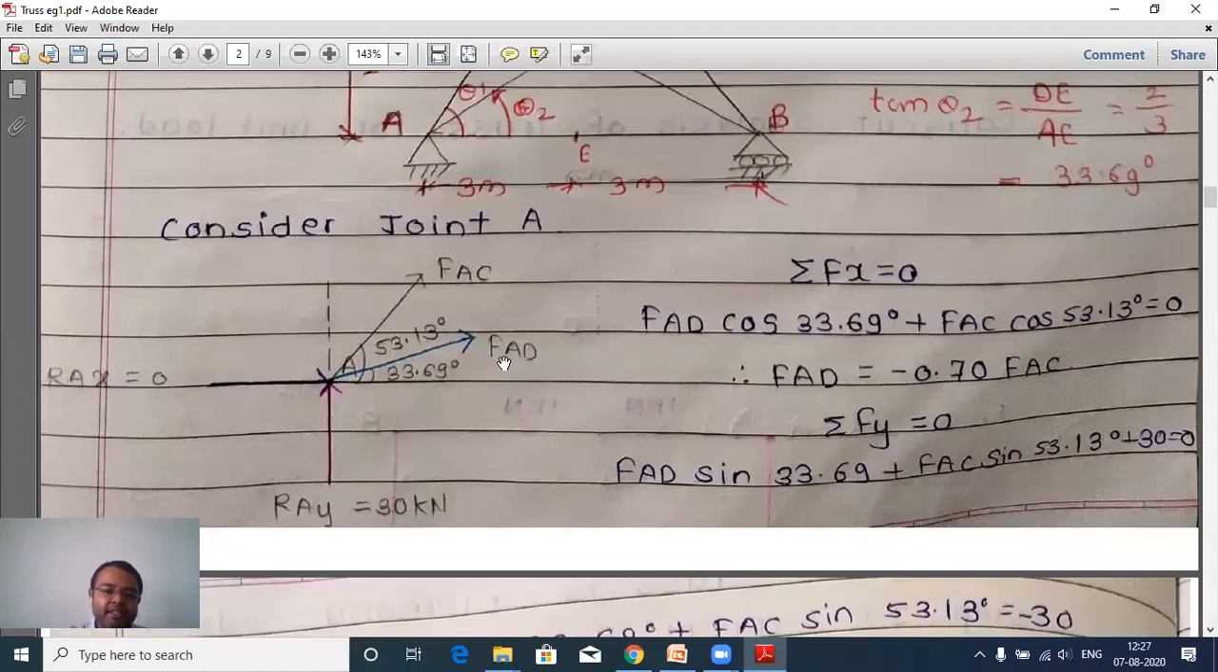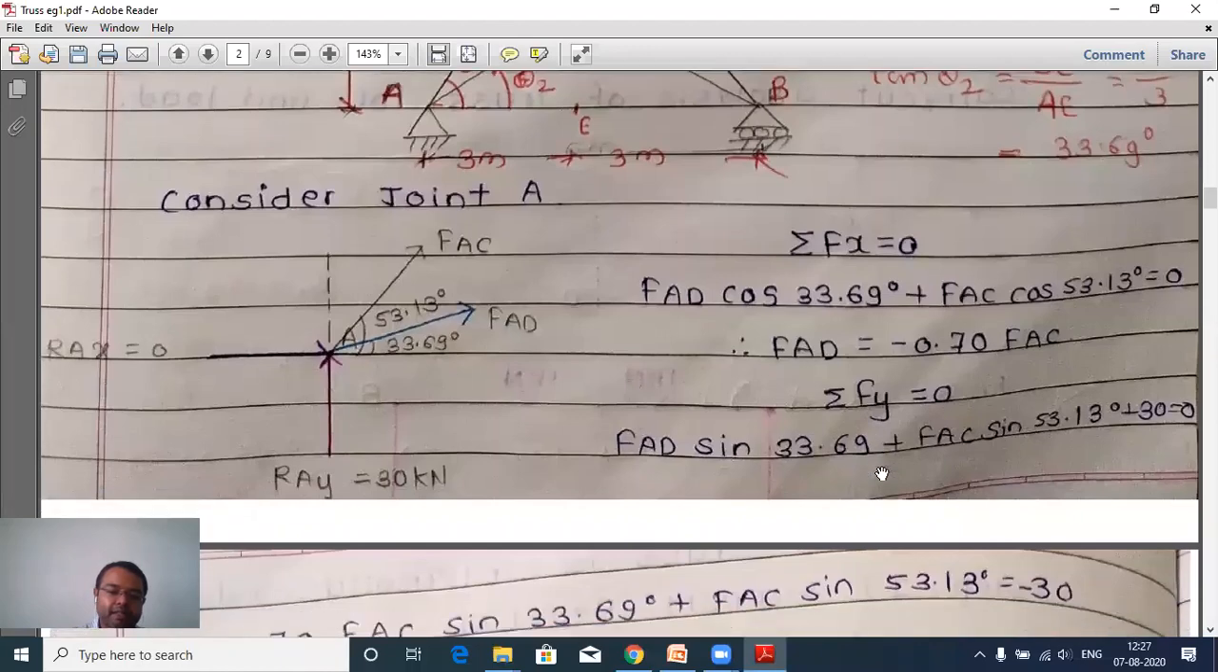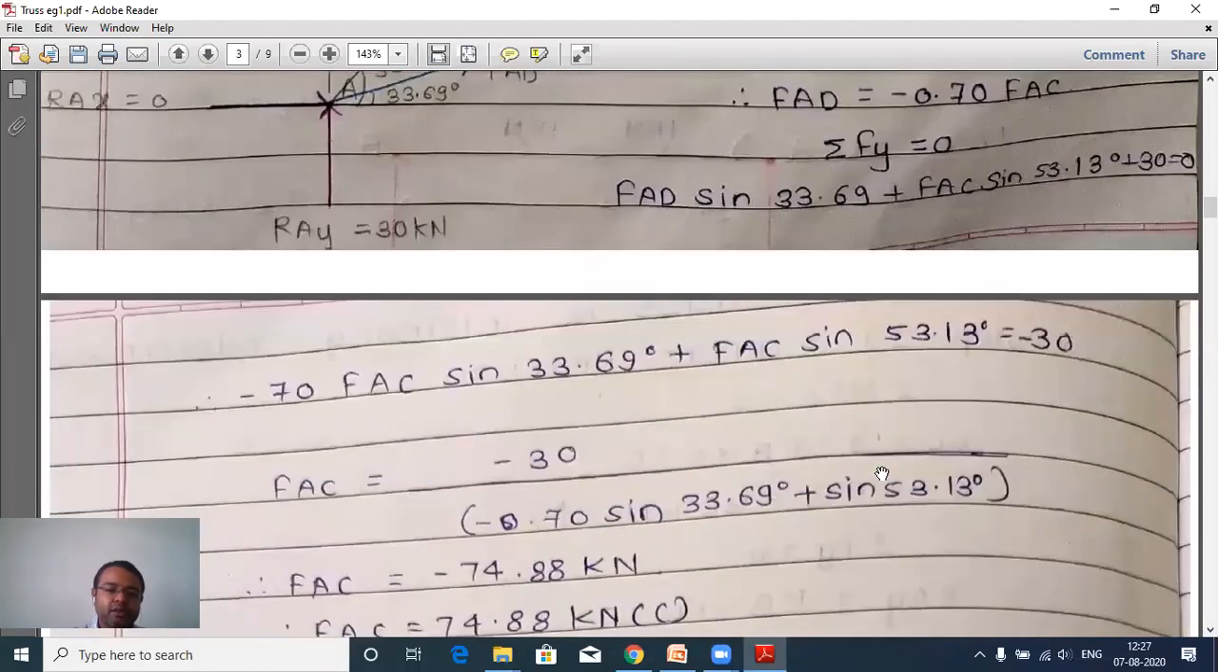Here, we apply summation Fx equal to 0. So FAD, resolve this along the x direction. It is going towards the right, that's why I have written positive. Plus FAC, because if you resolve this along the x direction, it is also going positive. From this we get this relation. Again apply summation Fy equal to 0, and we'll get another relation. Just solve